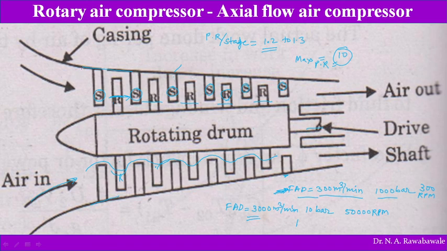In a rotary air compressor, as there is no friction between parts of the machine, the air coming out will be clean and free from lubricant, whereas in a reciprocating air compressor there is friction between piston and cylinder, and because of that the air coming out will not be pure or clean. Sometimes it contains lubricant particles. That is the disadvantage of the air coming out of a reciprocating air compressor.